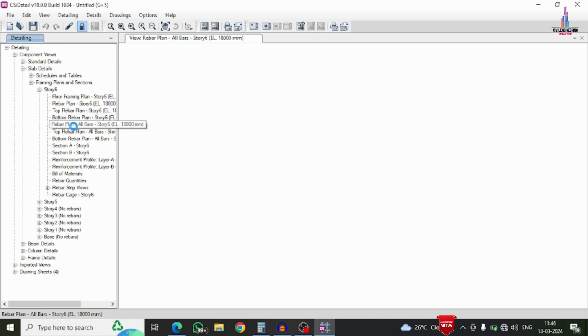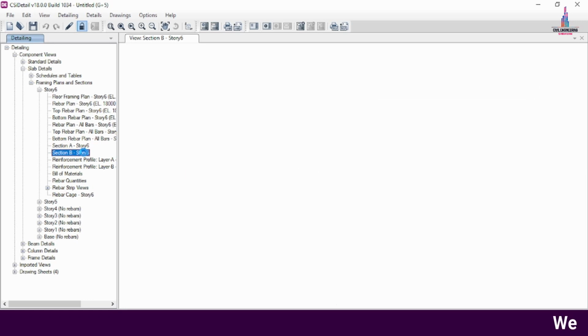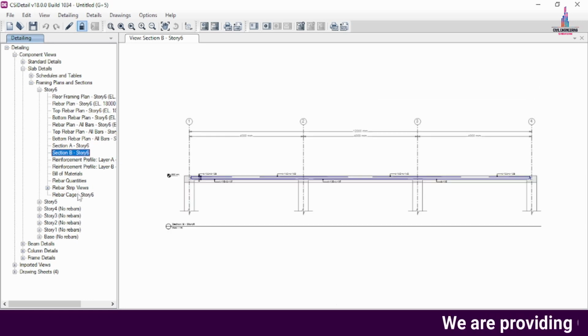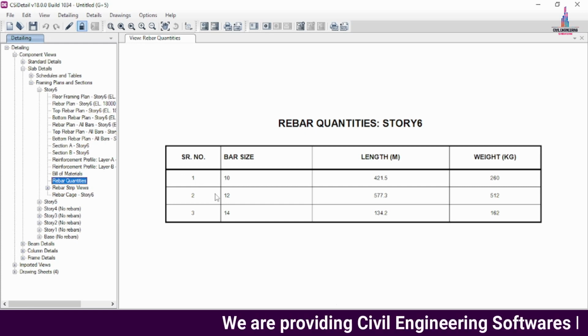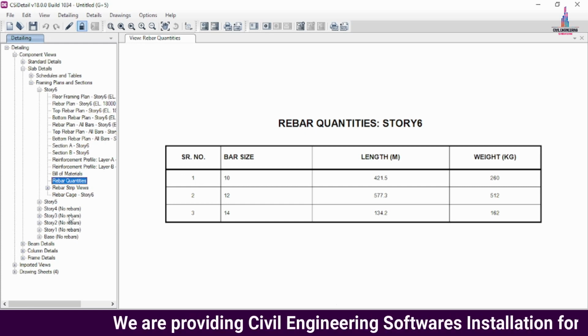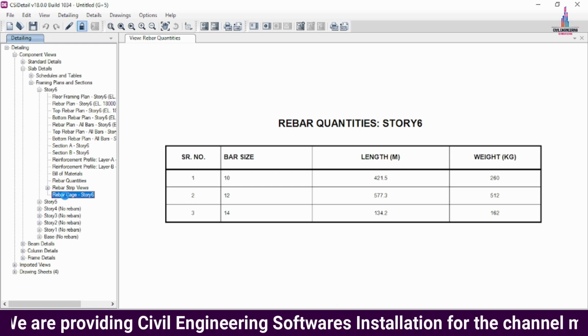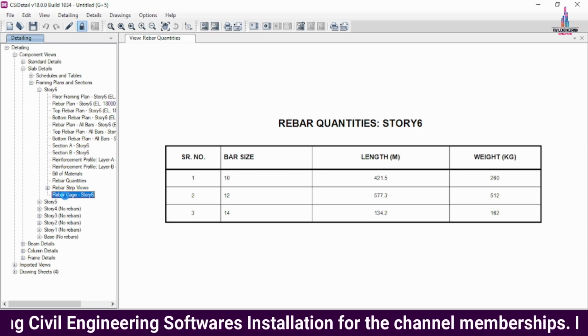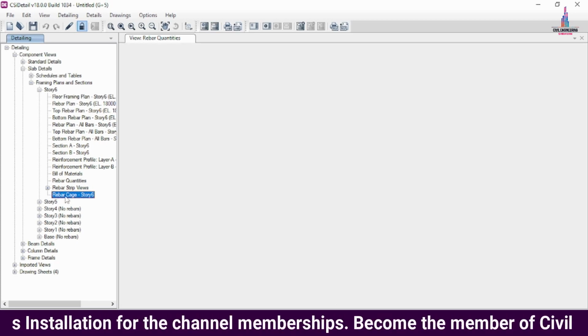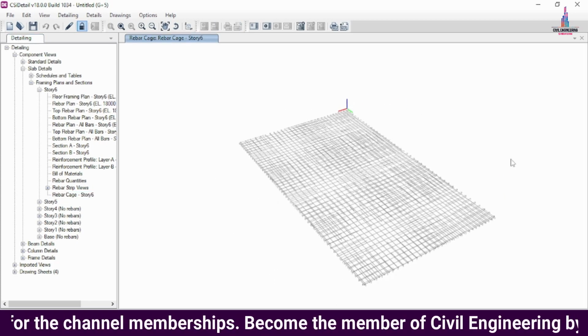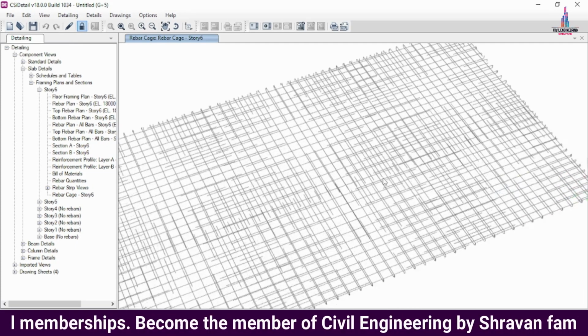In the same way you can see the results related to the different types of reinforcement that exist for this building structural model by selecting these options. I am directly selecting the rebar quantities option, so that it shows the size of the bar, quantity, and length here. I am selecting the rebar kg option, so that it displays the rebar kg for the complete reinforcement design drawing of the slab section. This is the slab section drawing detailing.